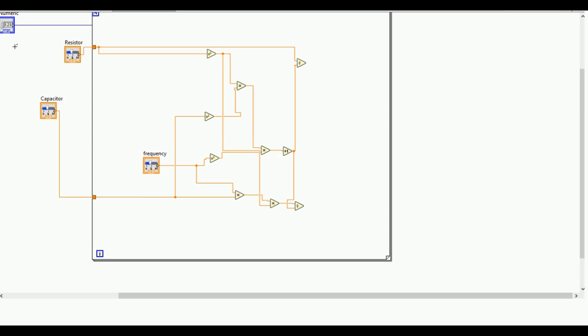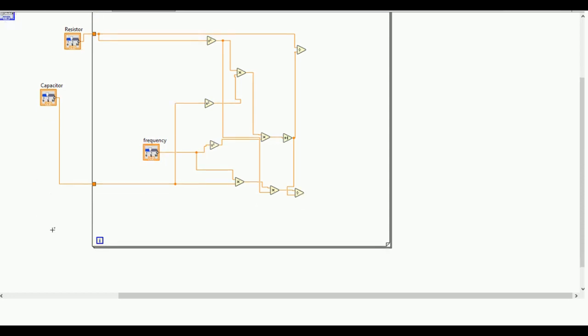Now next thing is that I have to create one sweep, like whether it will be logarithmic or whether it will be linear. You can choose linear frequency also, but here I will choose the logarithmic. So for that you have to create start and stop. So for that you have to create copy and paste. So you can write here stop frequency, that means the frequency range on the upper side, and one more you can create, and this you can put as a start.